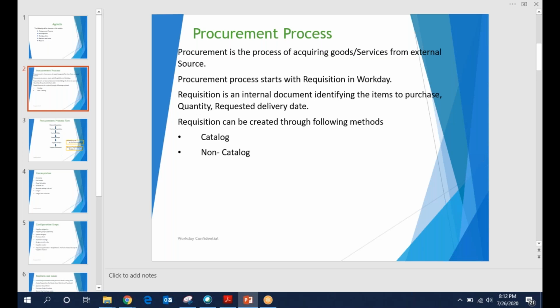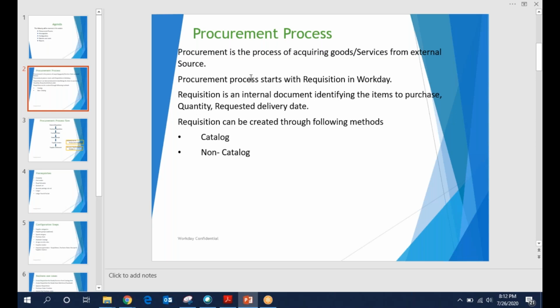The procurement process has several stages within it, and it starts with the requisition. Outside of an ERP tool, it would actually start with a material requisition.